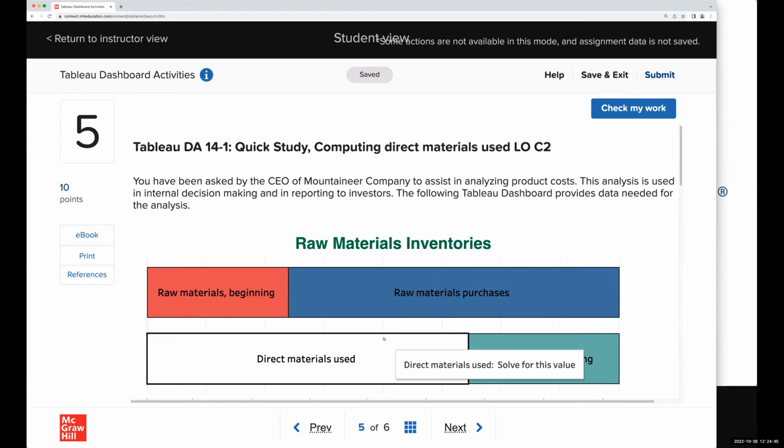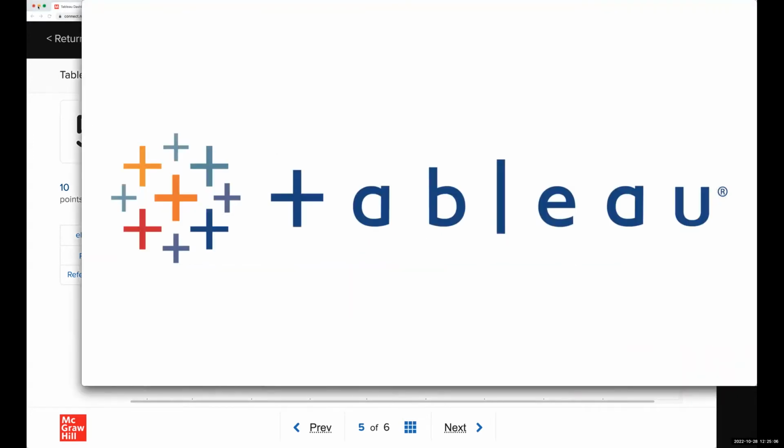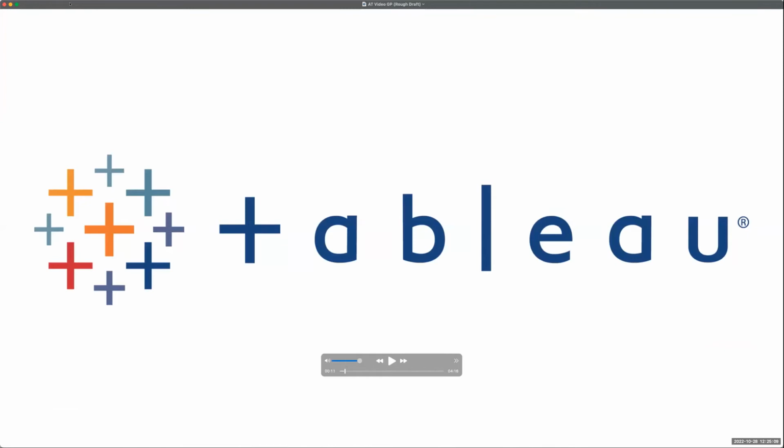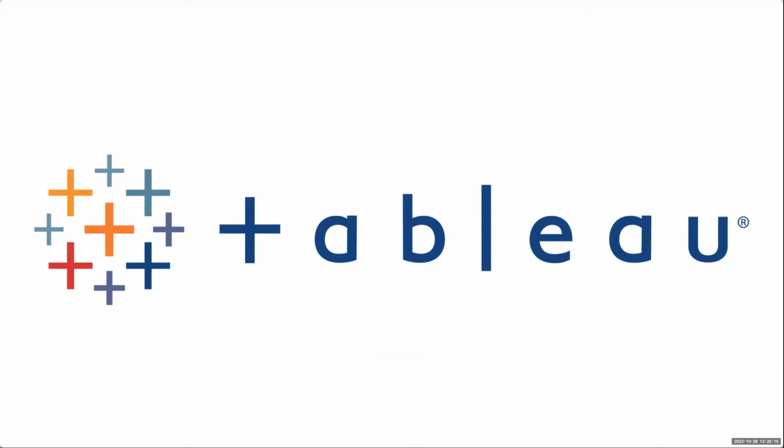Now, if you're somebody who wants to go that next step with analytics and visualization, if everything's going right in your class and your students are really grasping the Tableau dashboard activities, and you want to go that next step, we also have applying Tableau projects. What an applying Tableau project does is give students a set of data in Excel. They have to upload it into Tableau, build a visual, do some analysis, and answer auto-gradable questions in Connect. So definitely very much a next step. Again, these are applying Tableau projects.